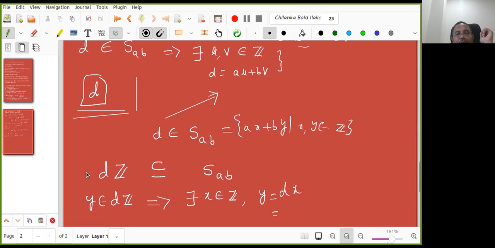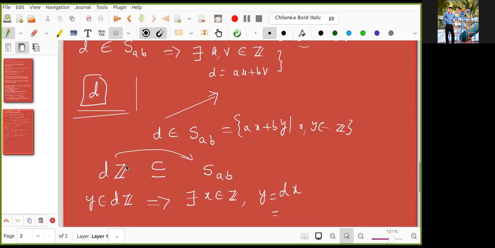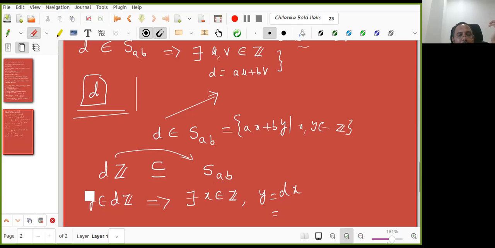But what is it that I want to show? This is a subset of this, right? Yes. This is a subset of this means I want to show that every element is here, right? Yes. So I took an arbitrary element. I cannot prove it for everything. I took one arbitrary element. I want to show y is in SAB. When it is in SAB, y is of the form ak plus ak1 plus ak2, right? Yes. So that is the thing now.